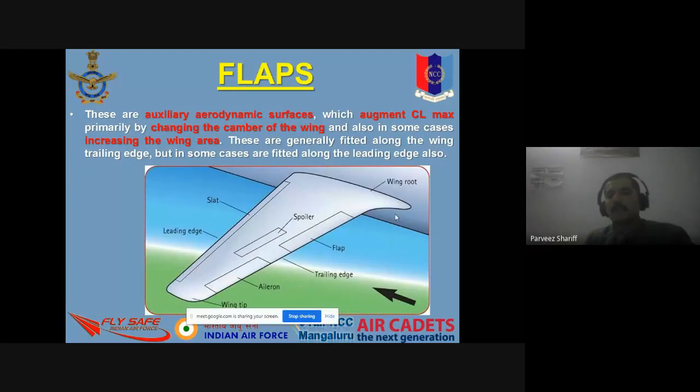So this additional lift is provided by flaps. So when flaps are deployed, what happens? The camber of the wing increases and it will provide the lift. Yeah. So flaps, basically, will go down and come back to the normal position. There is no up or down. It's only normal or it is down.